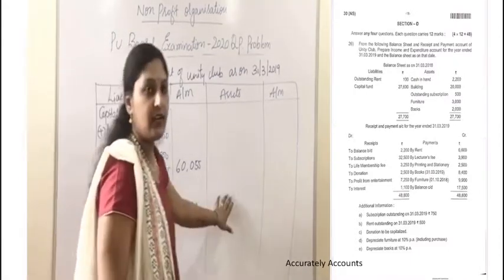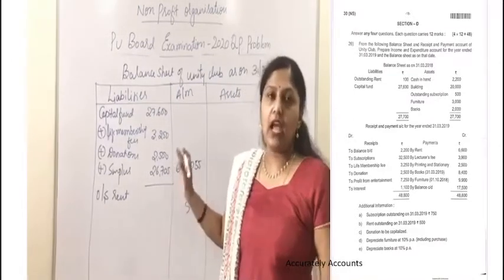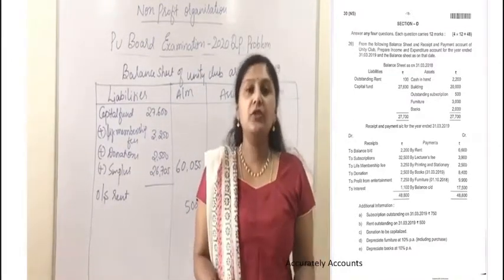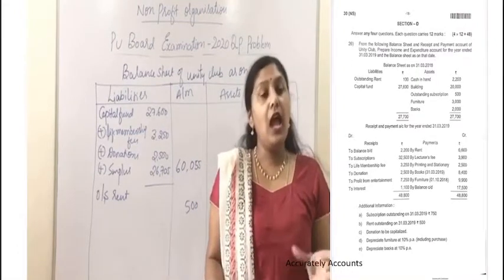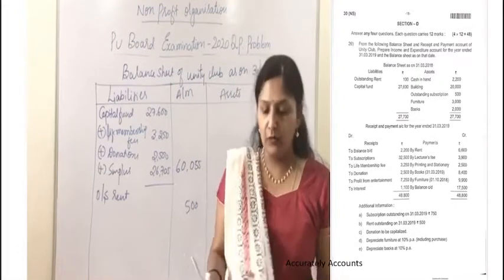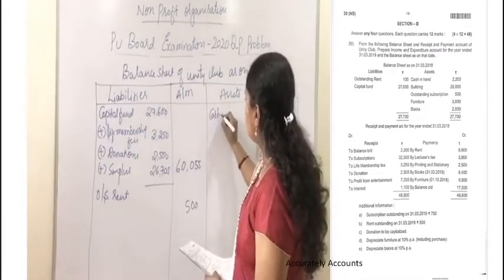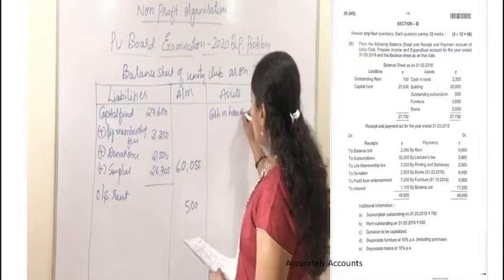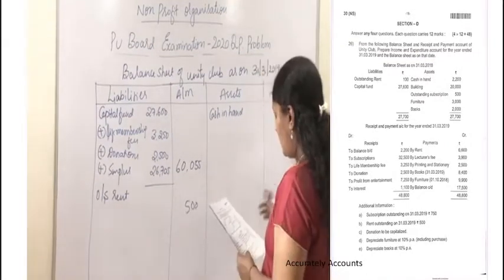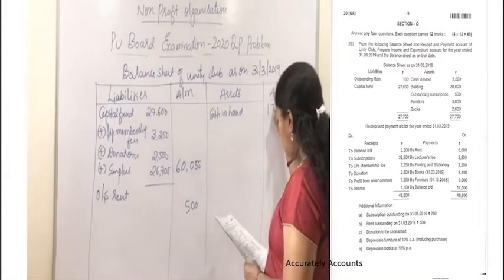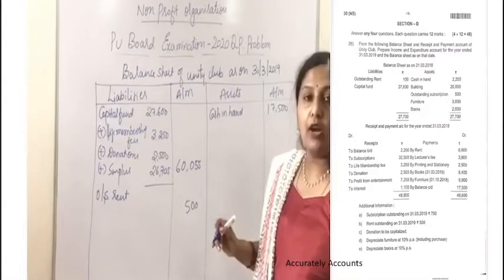Now let us write the assets. The first asset, generally, is going to be the cash in hand or cash at bank balance. So here we need to take the closing balance of cash, which is generally given in the receipt and payment account, as the balance carried down. So the first one, cash in hand. The closing balance of last year will become the current year's opening balance. So it is 17,500. After this, let us record the remaining assets.